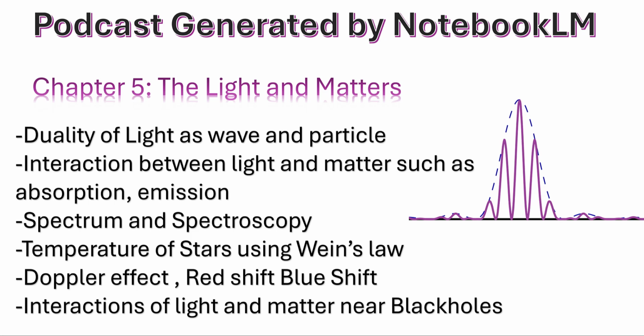Okay, so how does this wave-particle duality actually play out in space? Like, what does it look like when light interacts with matter? Well, let's take emission, for example. Emission is when matter releases energy as light. Think about stars. They're these giant balls of hot gas, and their atoms are constantly emitting photons, giving off light. So every star we see is basically just blasting out streams of light particles. You could say that, yeah. And the color of the light that's emitted depends on the energy of those photons. That's how we get all those amazing colors we see in nebulae and galaxies.